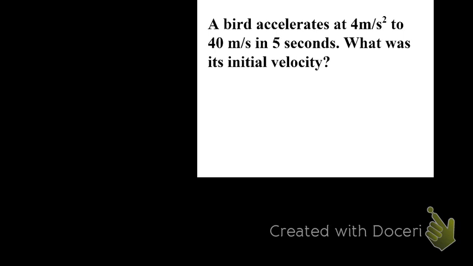All right, and then this is going to be our last problem here. So a bird accelerates at 4 meters per second squared to 4 meters per second in 5 seconds. What is its initial velocity? So let's write down what we have first. We've got the acceleration is, well, if it'll let me write it,